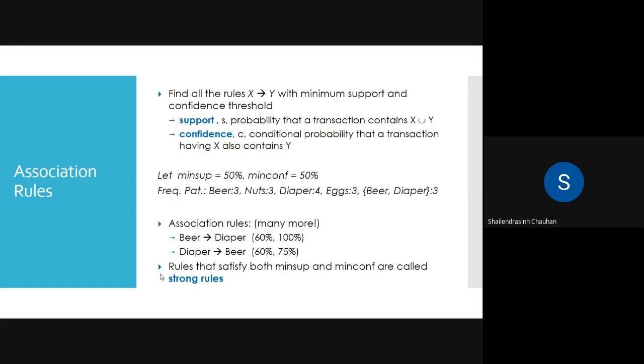Right? So here we are not going to consider all the transactions. We are going to consider only those transactions which have items on the left hand side, X. Fine, and an example is given like beer given diaper. That means